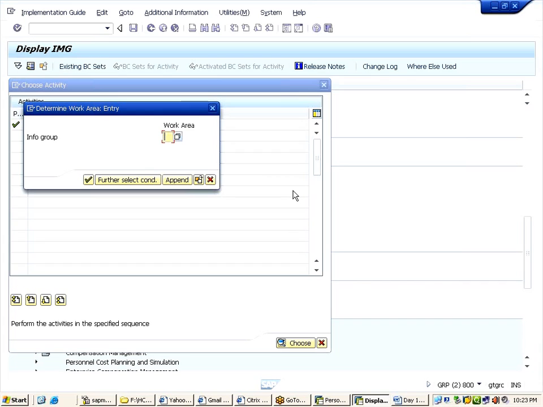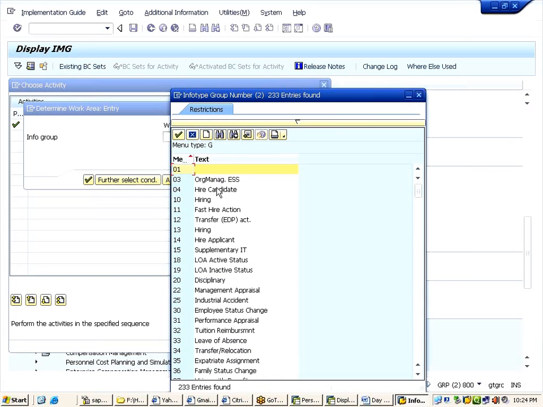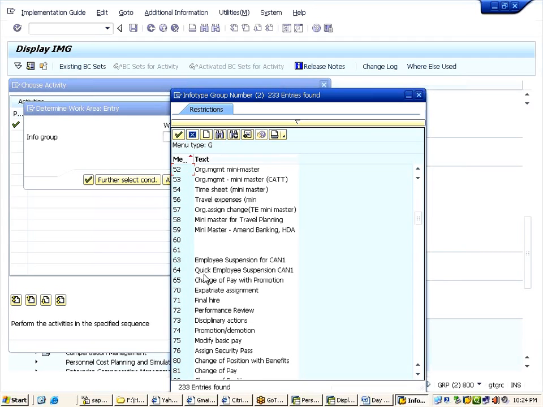If you know the code, you directly give it, or else use the drop down list and check for your hiring info group. What is my info group? Here I have hiring info group. Call that and press enter. Now here you need to add info types for your info group.